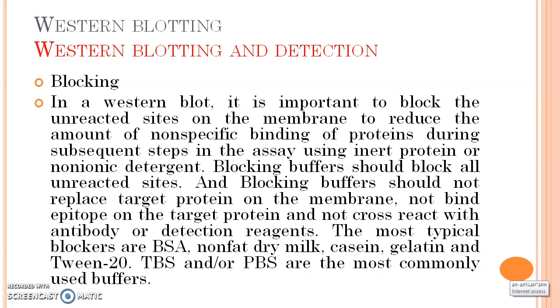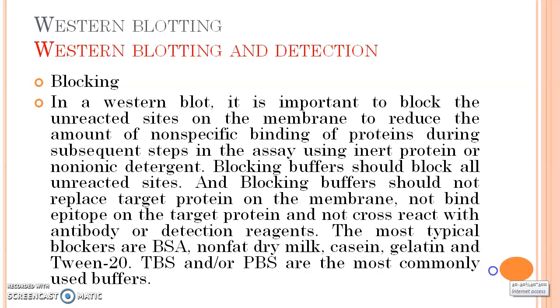Protein buffers should block all unreacted sites, and blocking buffers should not replace target protein on the membrane, not bind epitope on the target protein, and not cross-react with antibody or detection reagents. The most typical blockers are BSA, non-fat dry milk, casein, gelatin, and Tween 20. TBS and PBS are the most